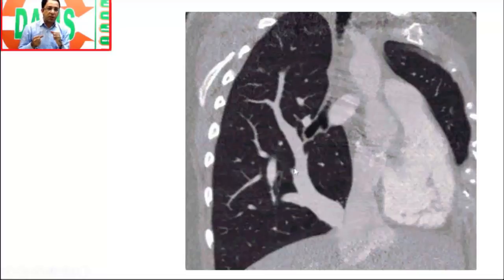Now this person usually might be asymptomatic, but if you look at it hemodynamically, it is a pulmonary to systemic shunt that is happening. This is a left to right shunt. So if the left to right shunt is significant, the patient might have symptomatology, and if it is a significant left to right shunt, it might ultimately lead to pulmonary arterial hypertension in a long-standing left to right shunt,